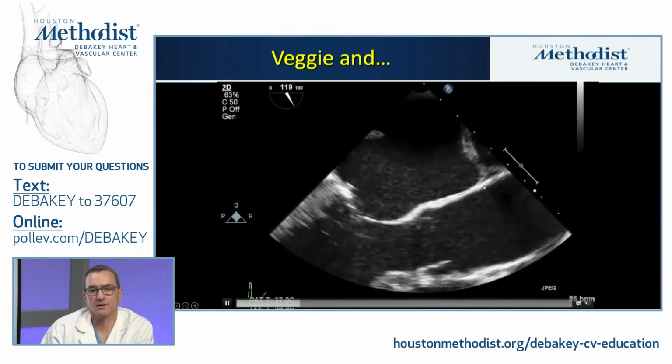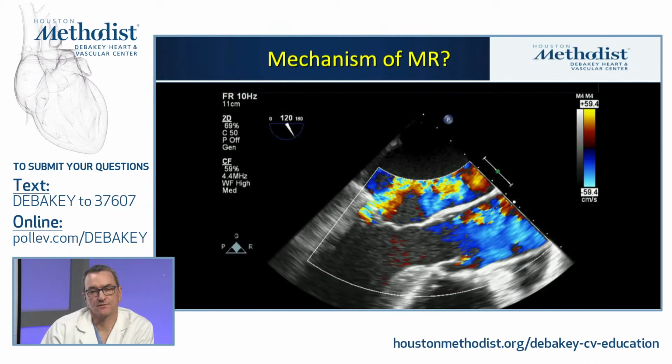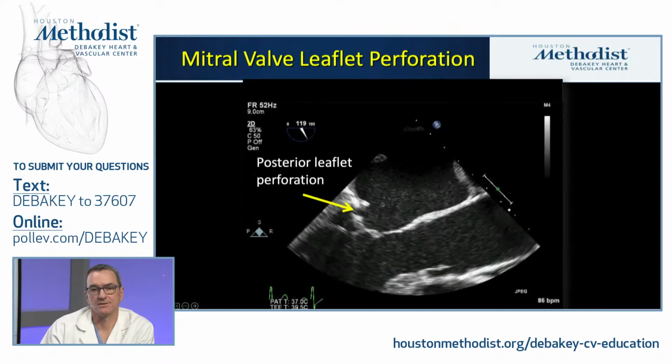When we turn on the color Doppler, we see there's flow right there, and now MR by itself is not all that surprising sometimes, but if you look very closely, you see that the origin of the MR is not at the leaflet coaptation at all. This is where MR generally would occur, where anterior meets posterior leaflet in this 3-chamber view, but in fact we have a little wiggling motion, and we have a perforation at the base of the posterior leaflet. So that's a very telltale sign of endocarditis. It's exceedingly rare to have a spontaneous leaflet perforation without infection.